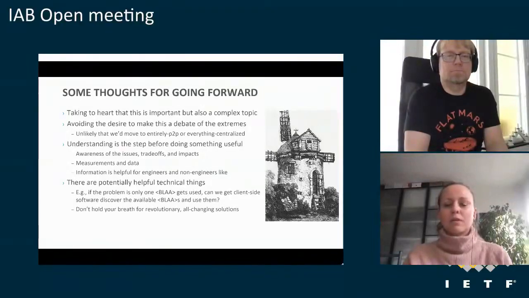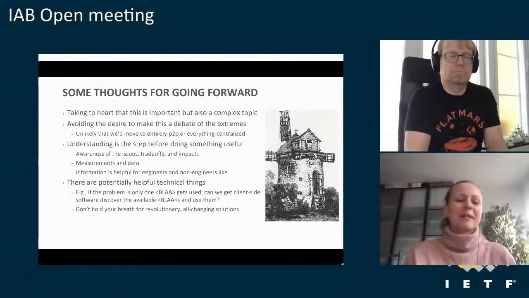Deployment is always driven by what benefits a solution provides, what's the cheapest solution, what's the easier to deploy solution, and so on. So we have to keep this in mind when we design our protocols, and make sure that the solutions we design and favor are the ones that can be easily adopted. But I think Tommy made this point much better, or maybe I'm misinterpreting him, I don't know.